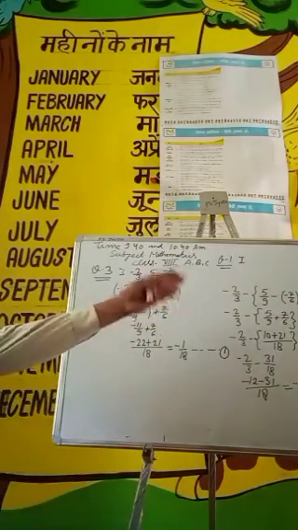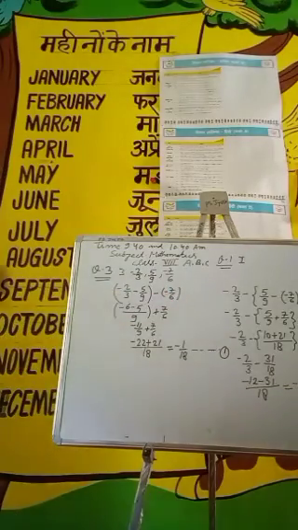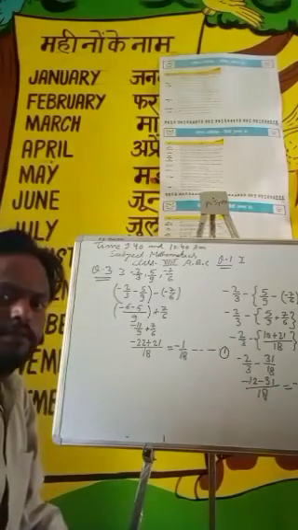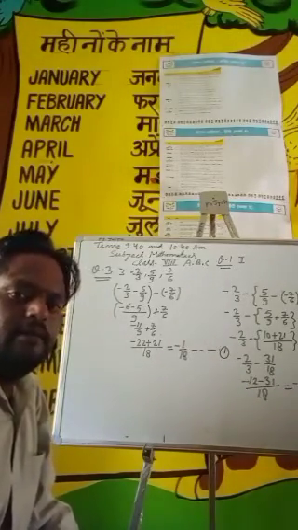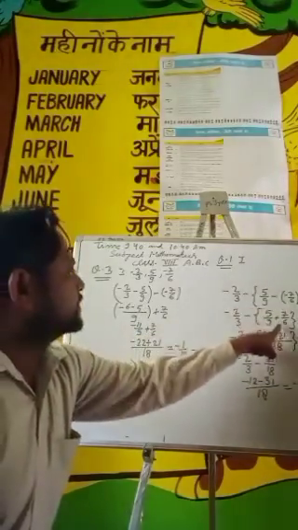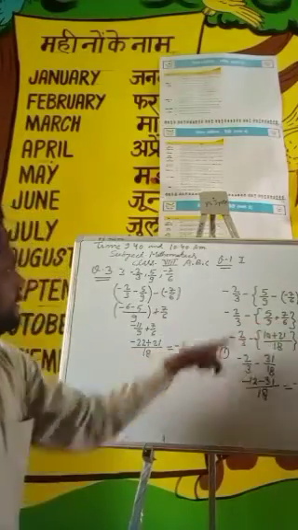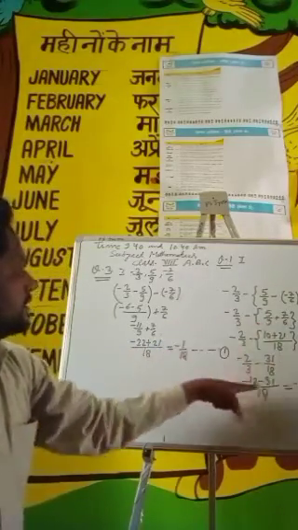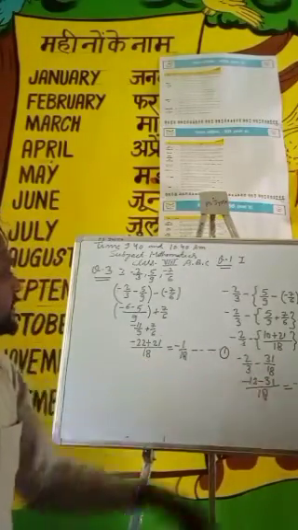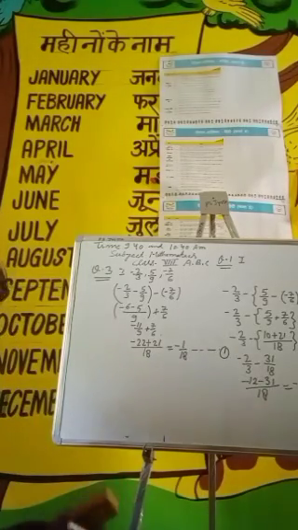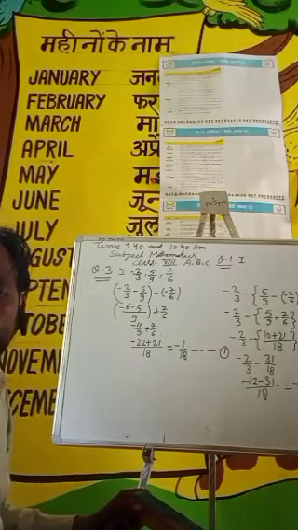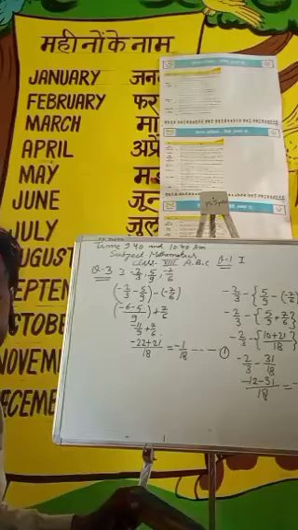Now group will be changed. Minus 2 upon 3 minus bracket 5 upon 9 and minus 7 upon 6. Minus minus plus 5 upon 9 plus 7 upon 6. We solve this, the result is minus 43 upon 18. Equation first and second are not the same, so the subtraction of rational number is not associative.